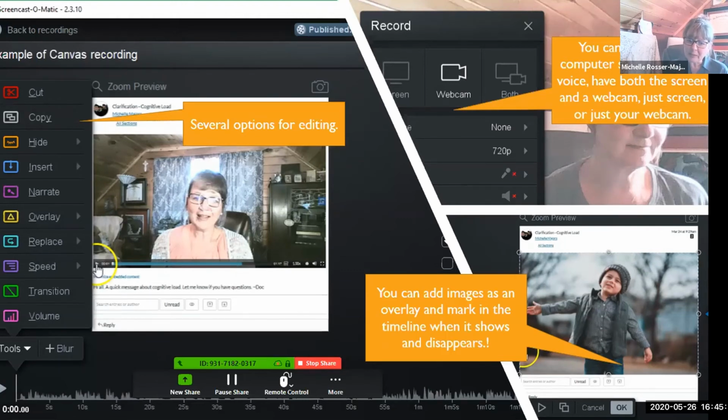And again, the images can overlay, especially if you feel like you've made a mistake or you have to cut out something so it makes your face look weird. You can just embed an image over that little spot about something you're talking about and fade it in and fade it out, and nobody knows or is any wiser that you had a little mistake.